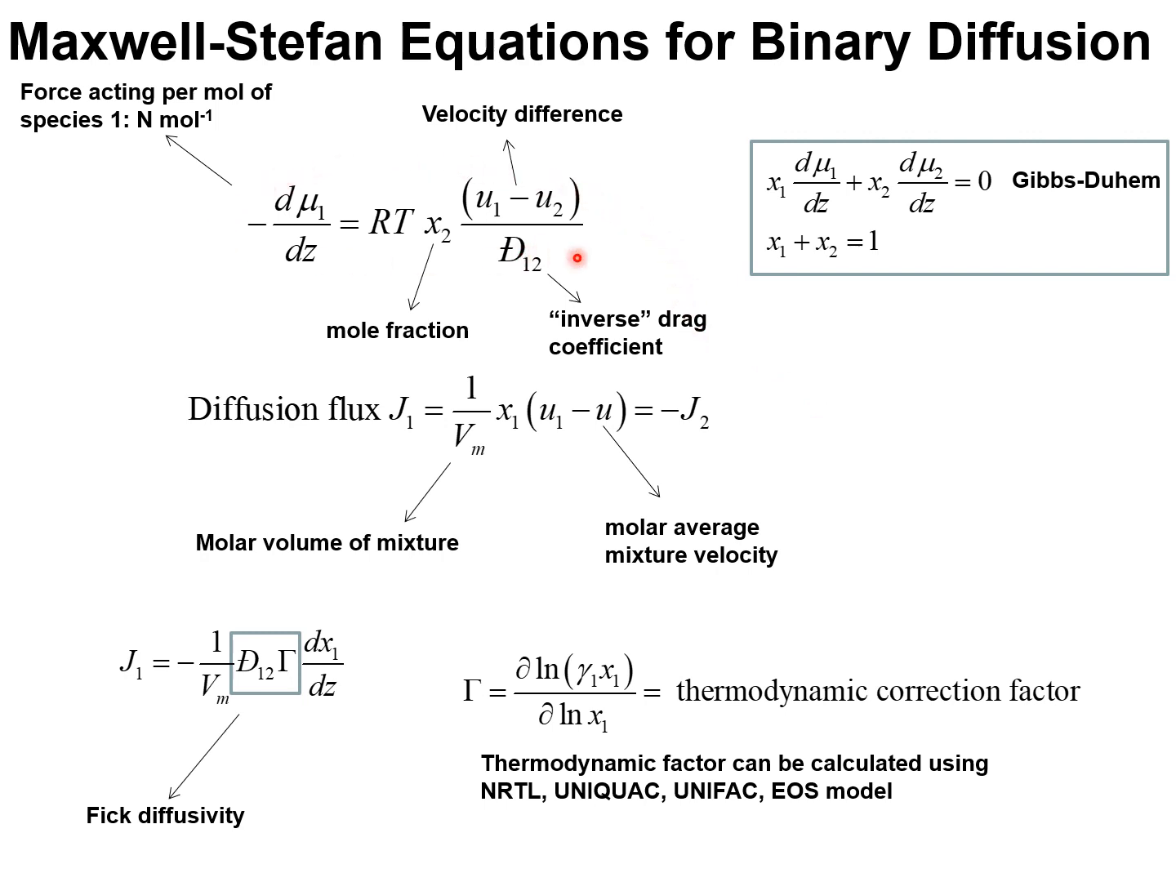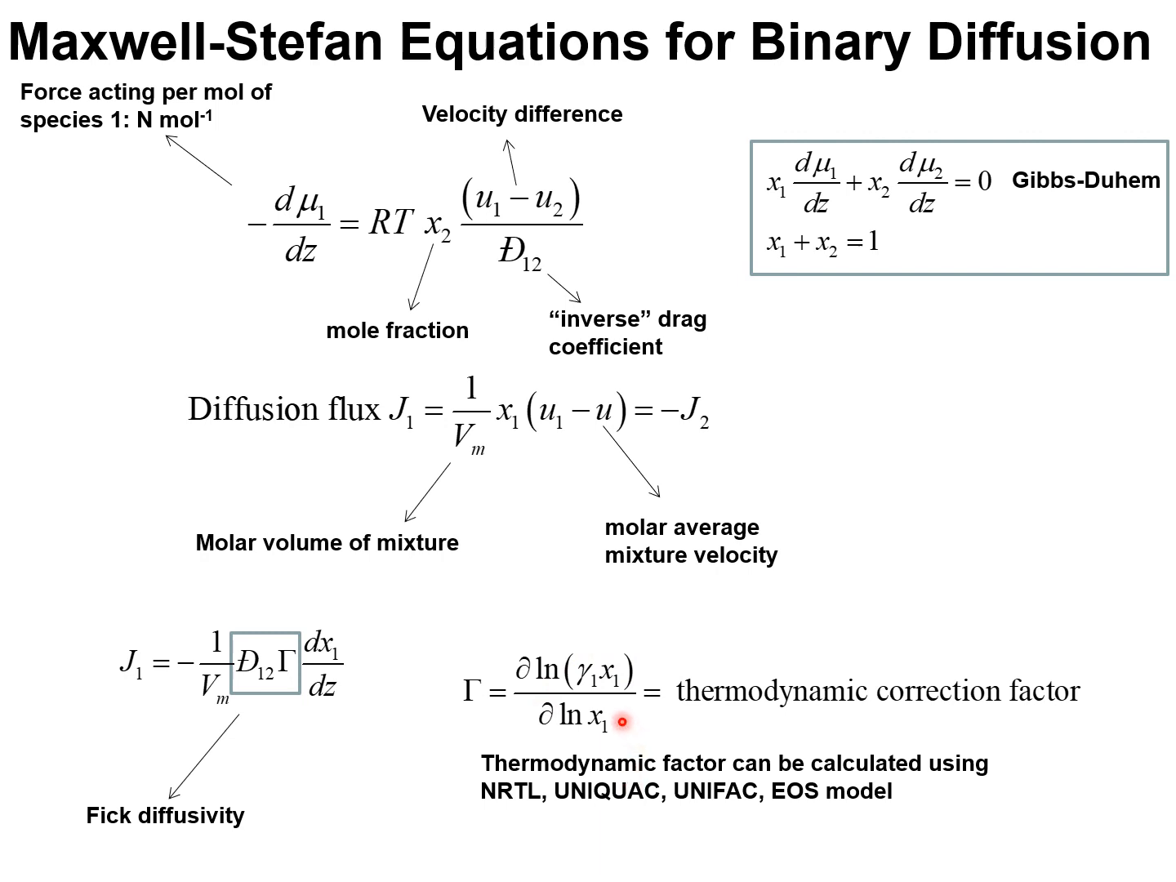The Maxwell-Stefan equation can be reformulated in terms of the diffusion flux, which is defined as the flux with respect to the molar average reference velocity. Vm is the molar volume of the mixture. Rather than use the chemical potential gradient as a driving force, it is convenient to define a thermodynamic correction factor given by this expression,